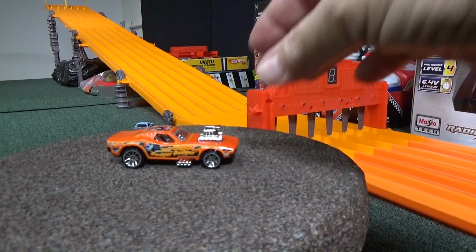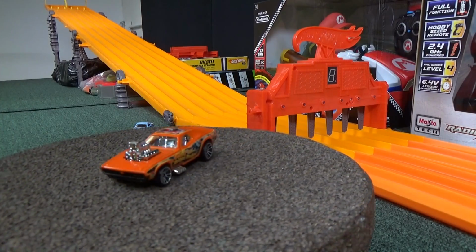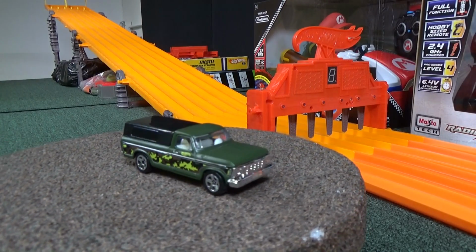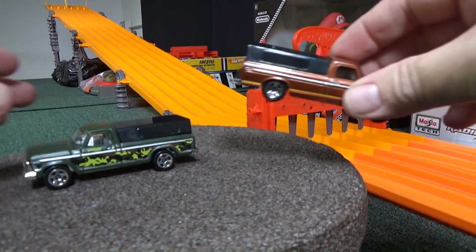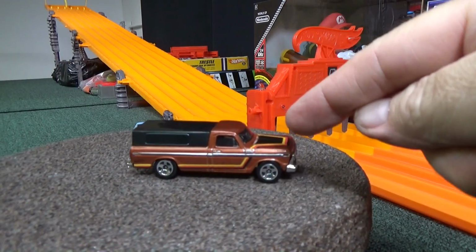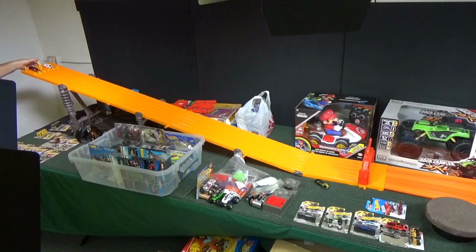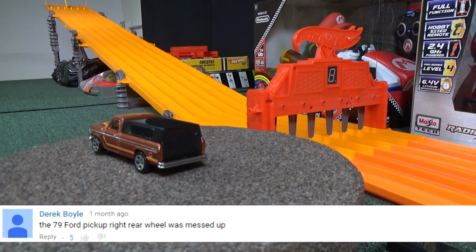Hey, Rodger Dodger wins out of my quick race of the Camouflage series. But let me go ahead and talk about it. I had talked at the beginning that I'm going to bring out this truck again. Well, actually, I said I was going to bring out this truck because when I did the downhill racing video for the Rad Trucks, this guy was so slow. He was not good. Well, a lot of viewers were paying attention, and